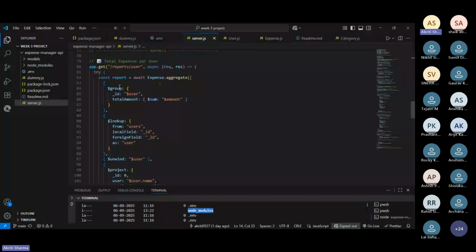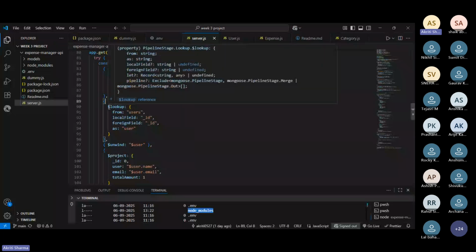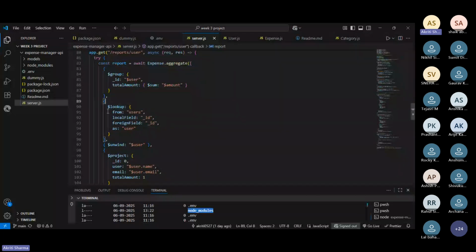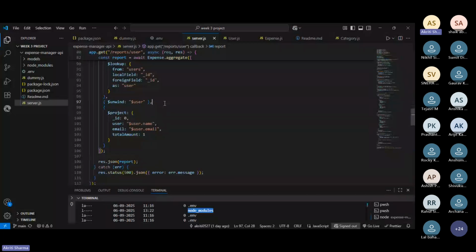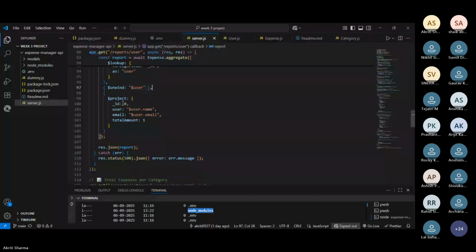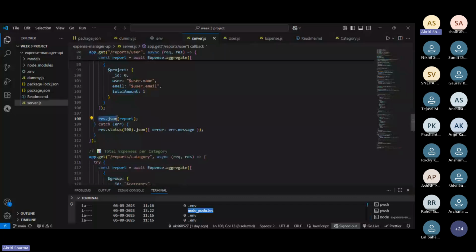After that, I created a report section, in which I created total expenses per user by using the aggregate function through Mongoose, in which I firstly use the group aggregation pipeline, where I group the users, and then the lookup pipeline, in which I match the user ID in the database of user by using the local field user ID, and match it to the users by using a foreign ID of the user database, and use the unwind pipeline to separate the array field into a single object, and then the project pipeline to display the needed fields like ID, user, email, and total amount, and give a JSON response.